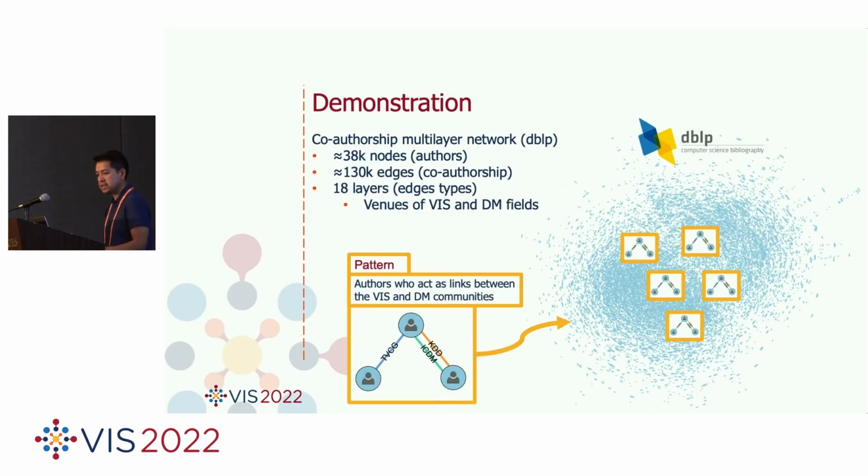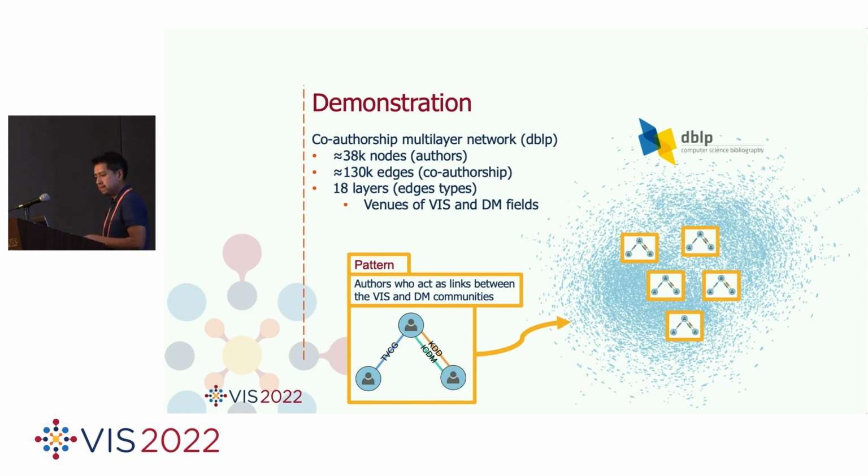I will demonstrate Vertigo. To do that, I will use a multi-layer co-authorship network from the DBLP website. And this network is composed of 38K nodes representing the authors, 130K edges representing the co-authorship relationship between them, and 18 layers representing the venues of the viz and data mining